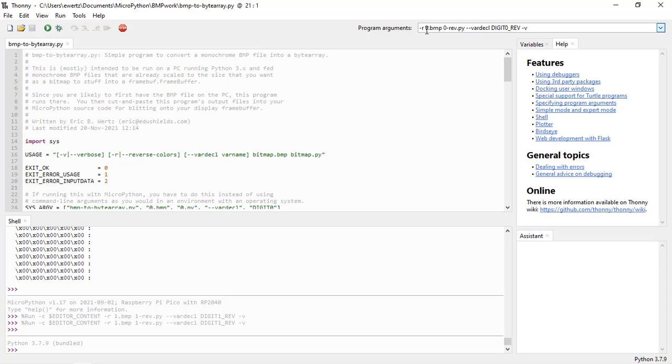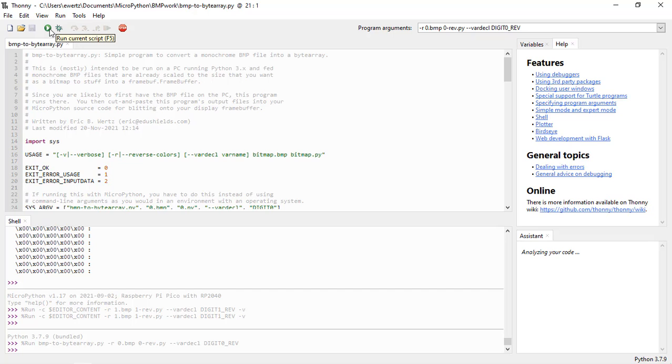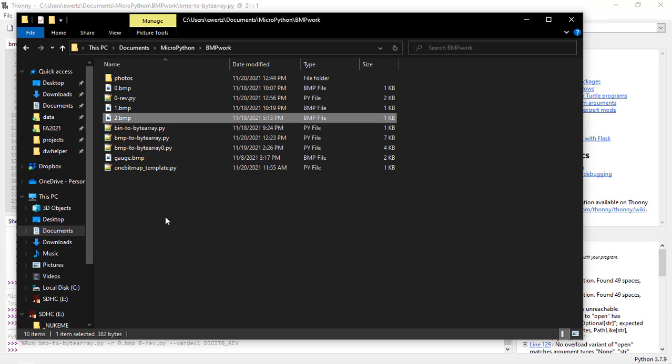So I'll generate bitmap files for both forward and reverse. I don't know if I have images of the ones that are the wrong video orientation, but you can imagine what they look like. To run this program, I have a 0.bmp and I want to generate the reverse version. I'm being very deliberate about what I'm naming these files to keep everything straight, because eventually we're going to end up with a bunch of files to play with here. So you enter these command line arguments and then you just hit run. And let's go over and look in my directory. And now I have this